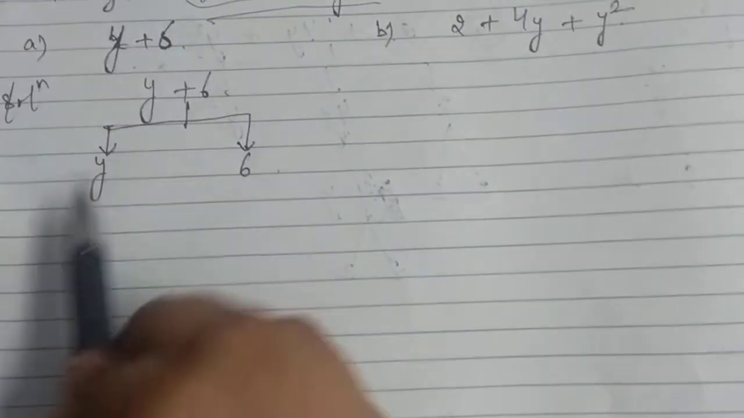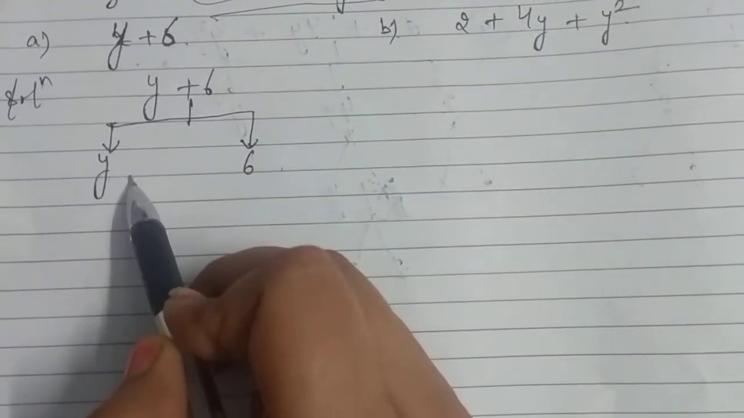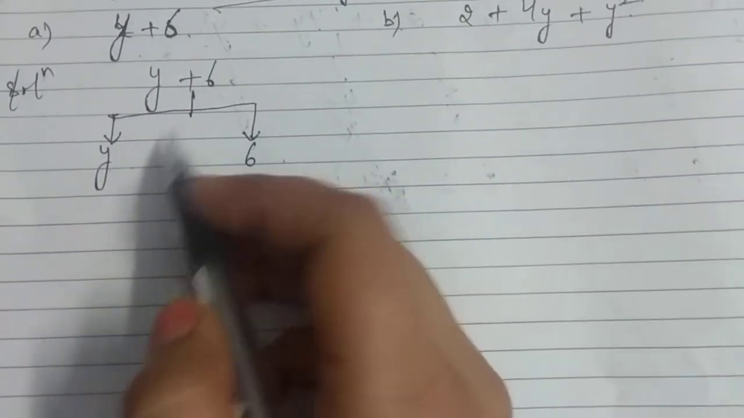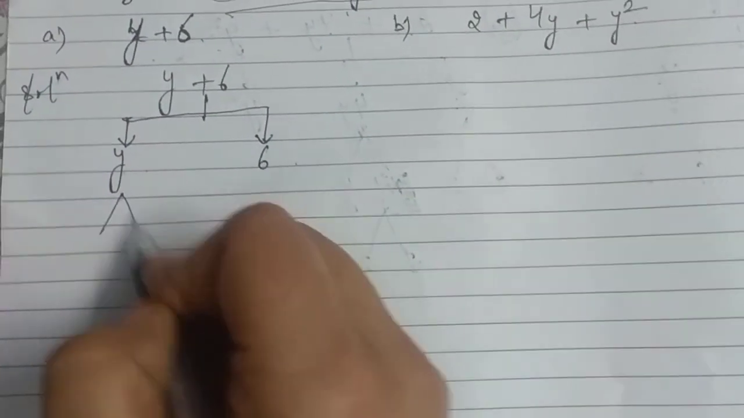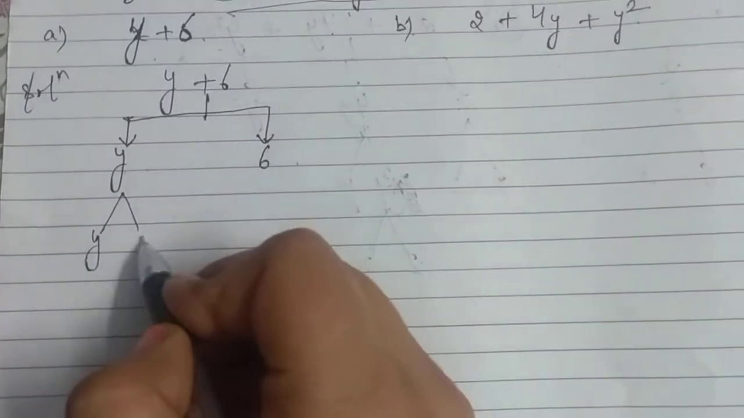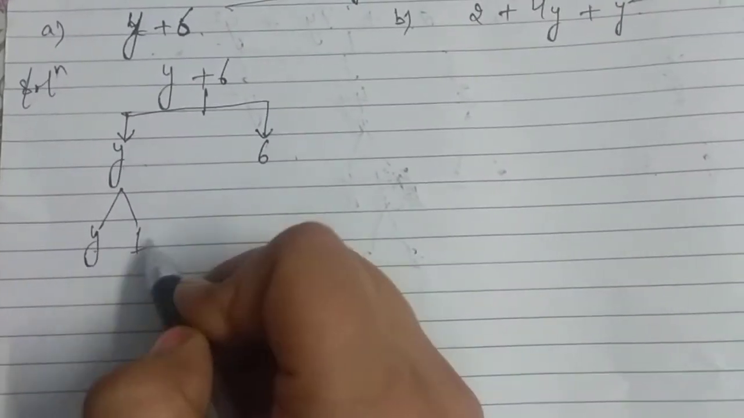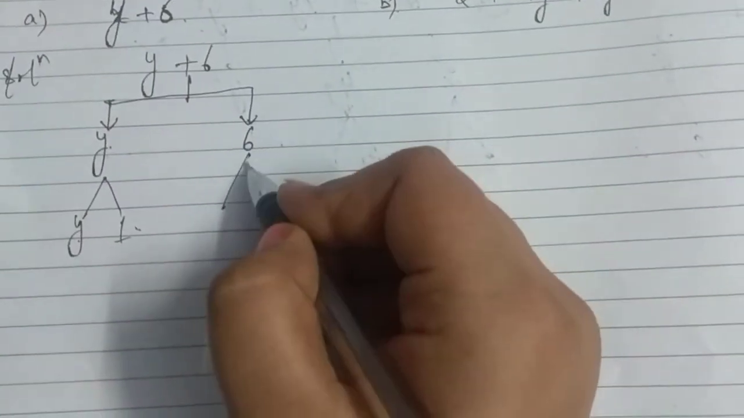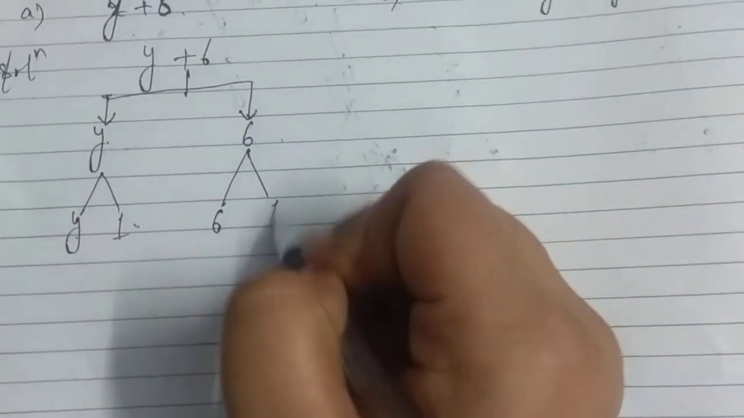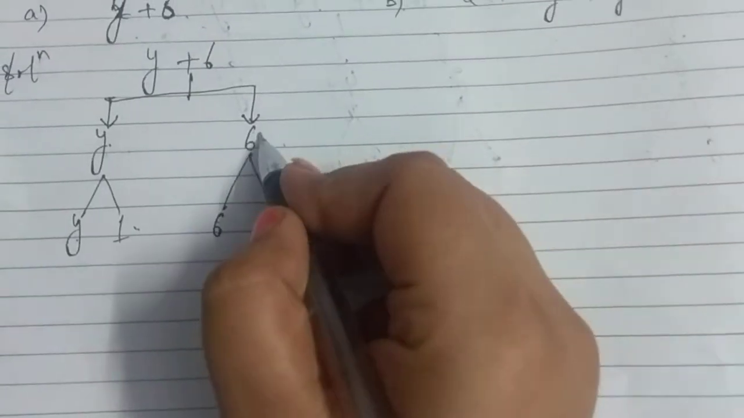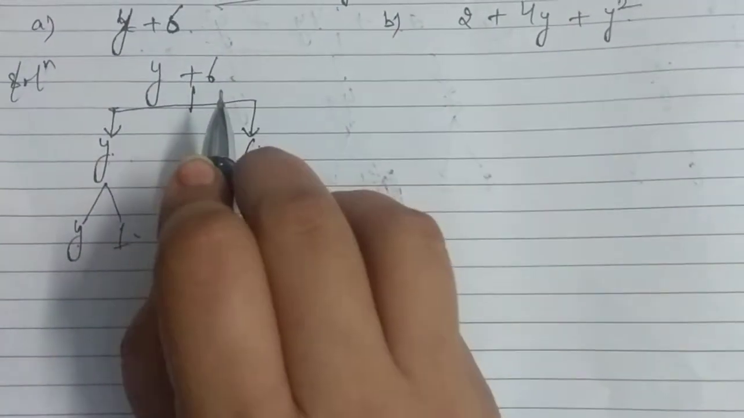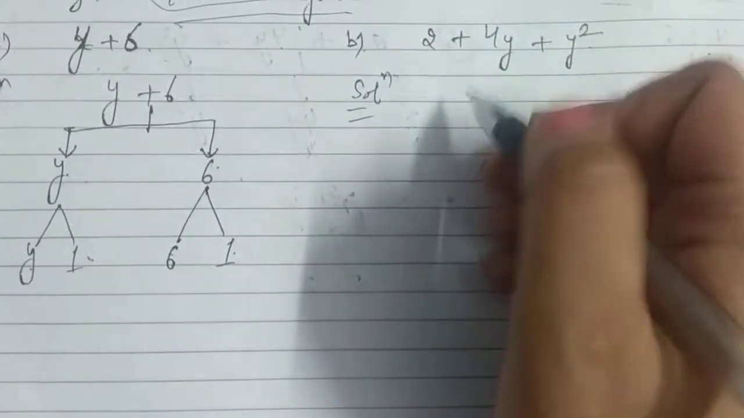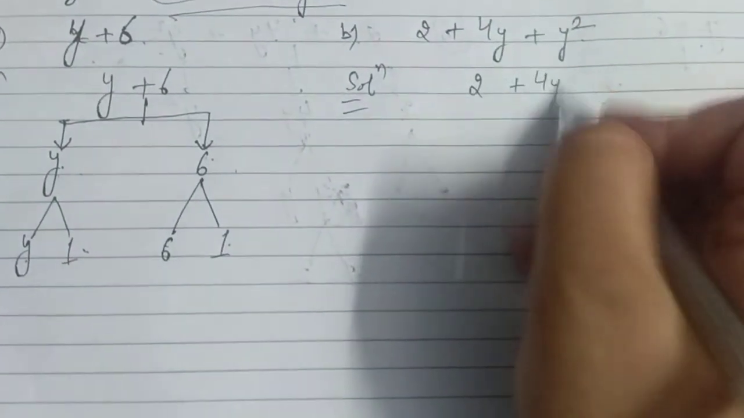We can leave it here because they have no other factors, or we can say that these are the same factors of these expressions, or we can write the factors as y, 1. So y multiplied by 1 gives the value y. Or if we want to find the factors of 6, then 6, 1, so 6 into 1 means 6. So this is the solution. If we want to write the solution of this, first we have to write the expression,